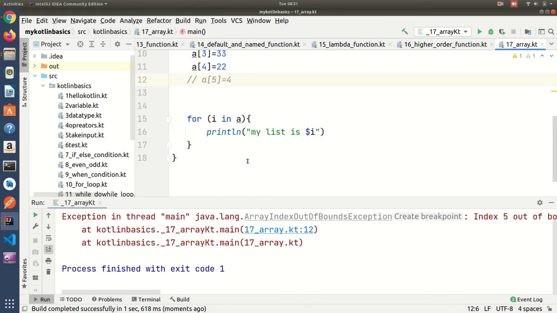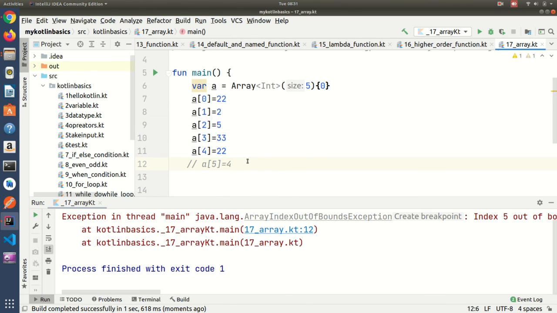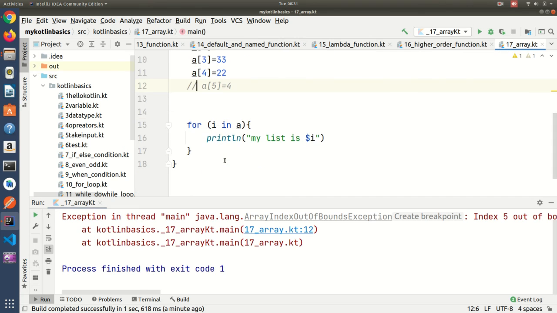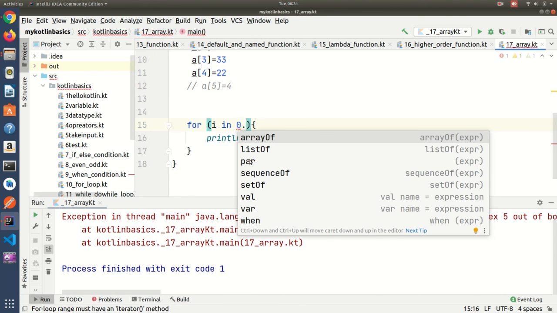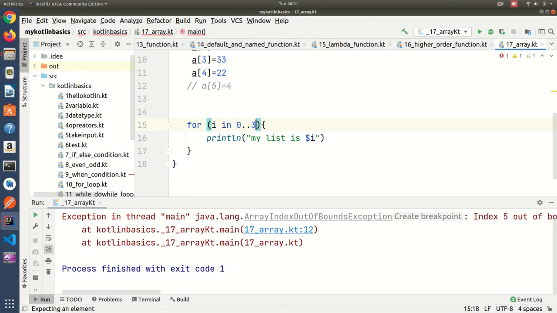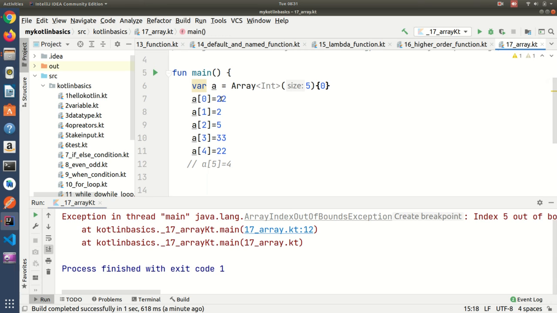And now if you want to print the whole array, you can print it. Let me print the values from 0 to 3, up to here.